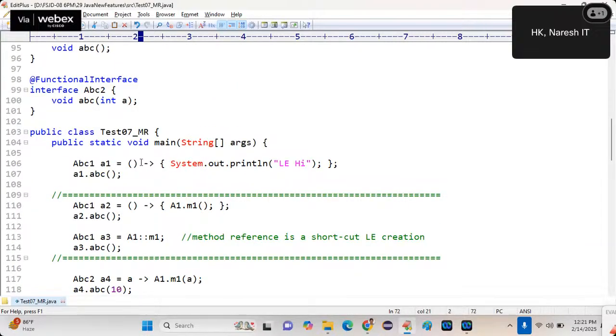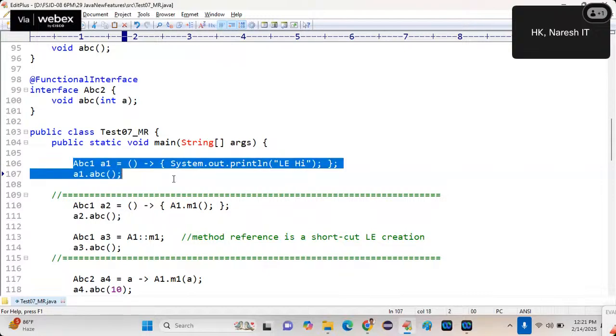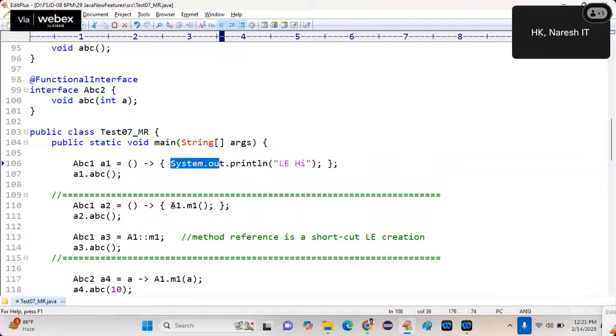Now go. Look at here. I am writing system.out.println lambda expression. Just I am printing hi. Instead of writing logic to print hi, I want to use a predefined already available method. Then I don't want this. Then I'm calling what? Instead of writing logic myself, I am writing a1.m1. Tell me, this is a method reference or lambda expression? Lambda expression for implementing